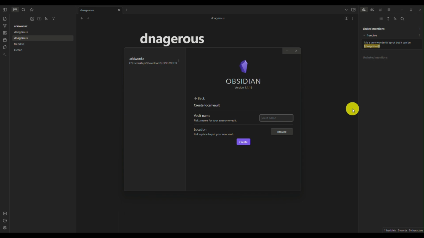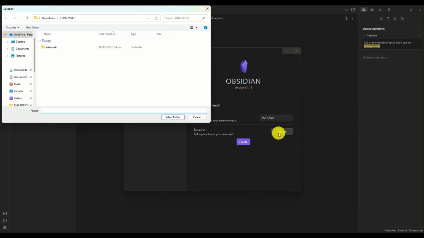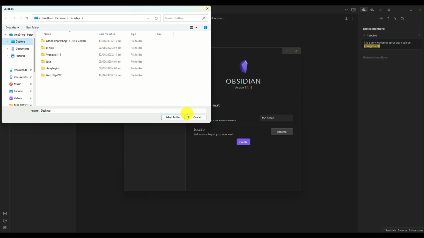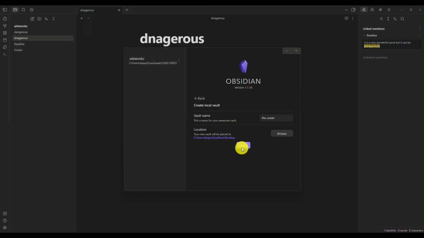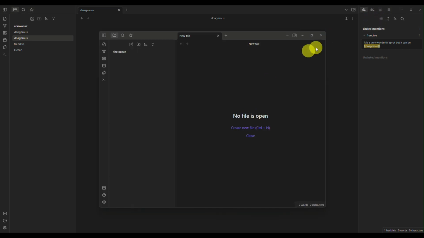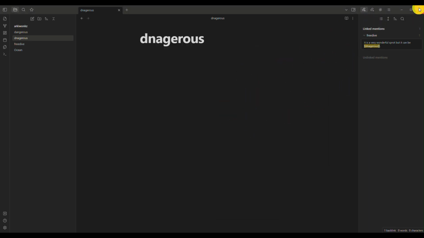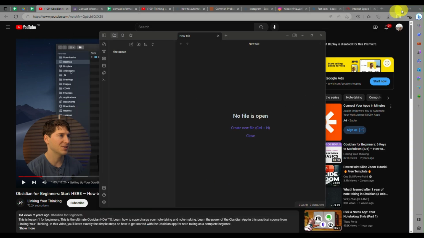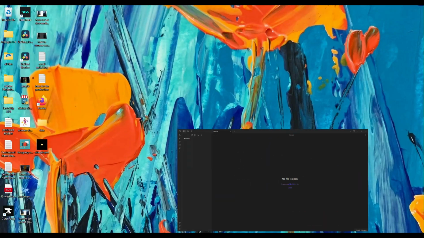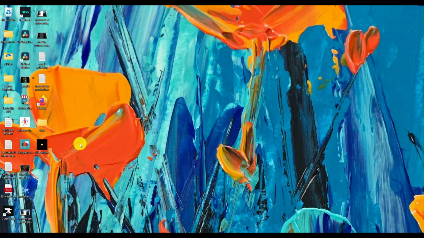So when you click on create a new vault, you need to enter your vault name first, and then you will also need to browse for the location where you want the vault or folder to be saved. As you can see here, when I created a new vault, it shows up on our desktop, since this is where I saved the vault or the folder. I can just refresh my desktop, and later on it will show as the file name